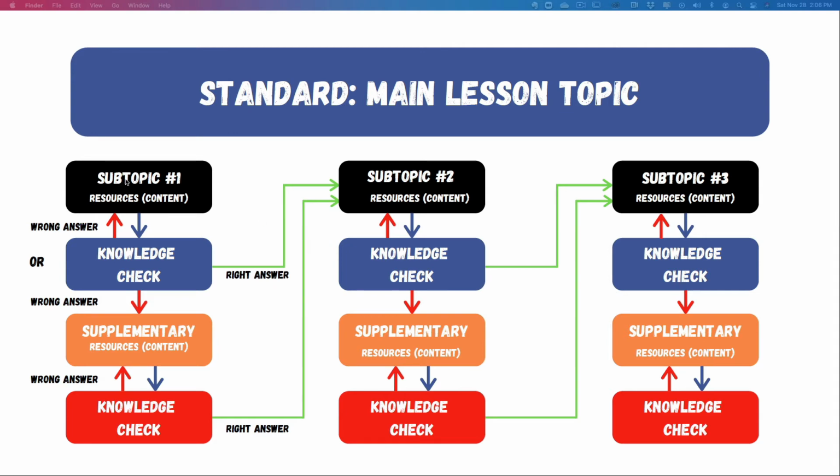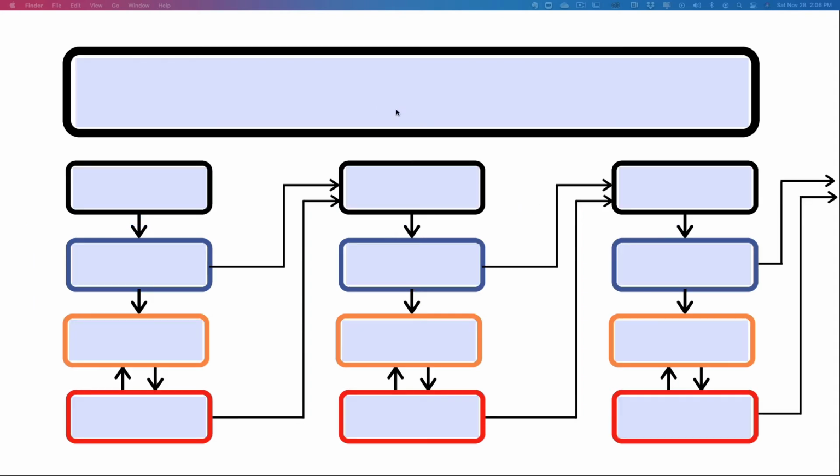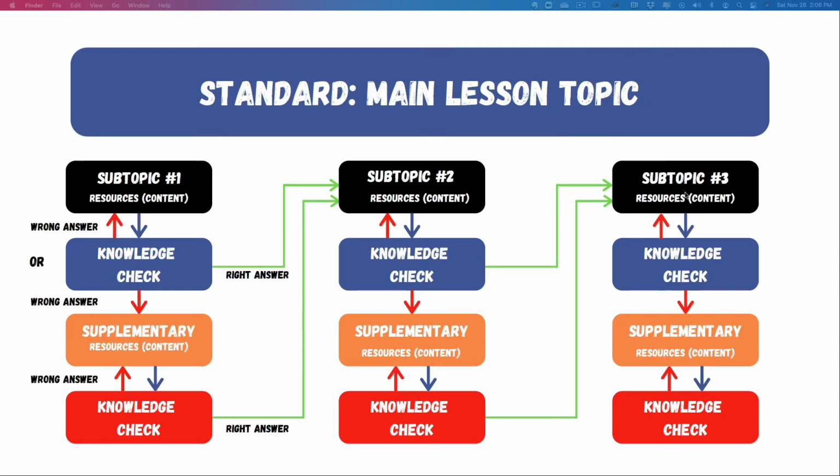Now you'll notice here that I've got 3 subtopics. That doesn't mean that you are limited to only 3. If you download the actual Moodle lesson storyboard that I have available here, you'll notice that it can go on. So here's the blank one, which we'll start filling out in a moment. Instead of ending at 3, as I did up here,